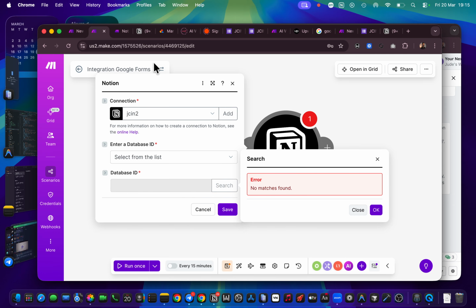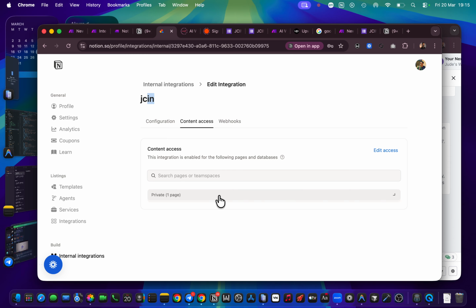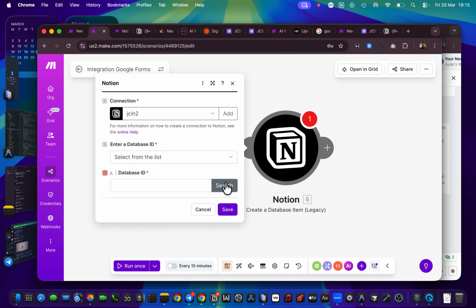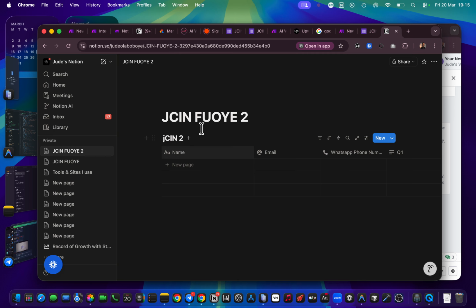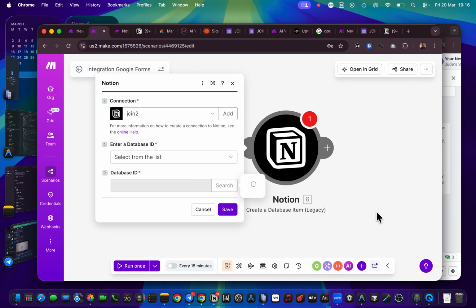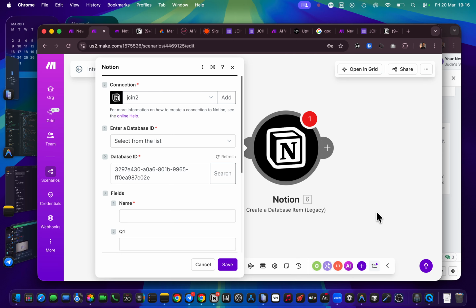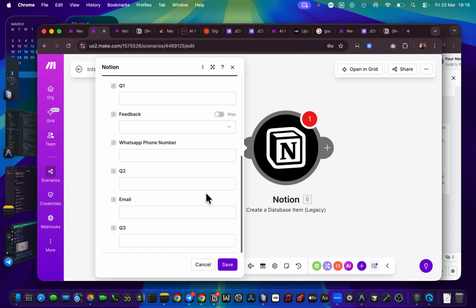Since we've connected it, you can use, once again, content access here. You can see it already has it here, because we've already connected it using the other method. So go back here. Okay, let's try it again. I want to do JCIN, right? Because that's the name of our database, it has the name there as well. Let's go back here and click on search query. Will it find it this time? Yes, it will. That is why we have it automatically load everything for us. That is why all these fields just got added by themselves.